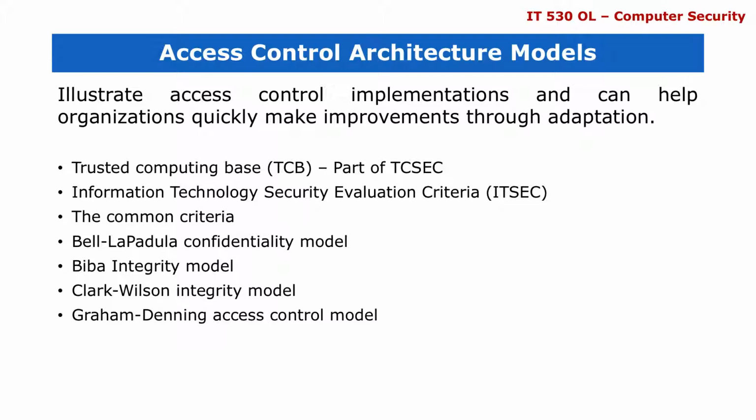Bell-LaPadula deals with confidentiality. If you remember, we discussed confidentiality, integrity, and availability, the CIA triad, at the beginning of this class, and each one is important towards the data or whatever object is being protected. Now, the Bell-LaPadula model is really strong when it comes to protecting the confidentiality of information rather than the integrity. And as such, because confidentiality is being protected, a subject will not be able to read up or write down. What that means is